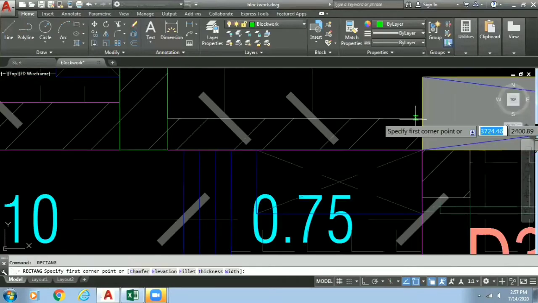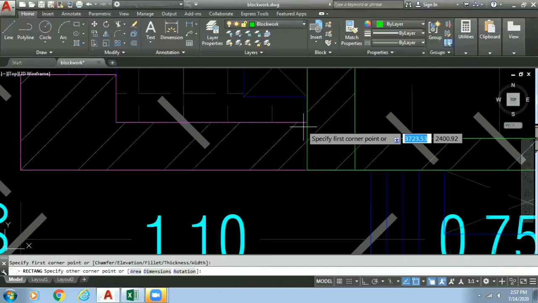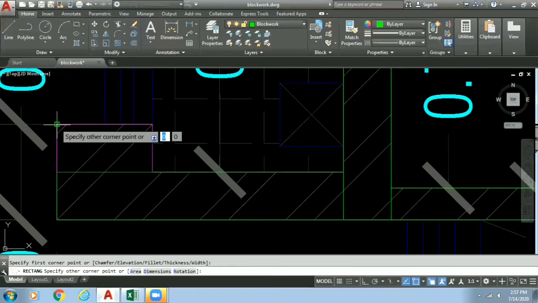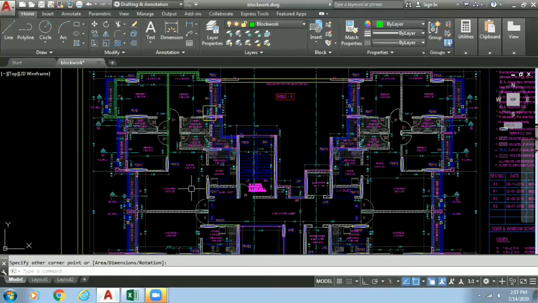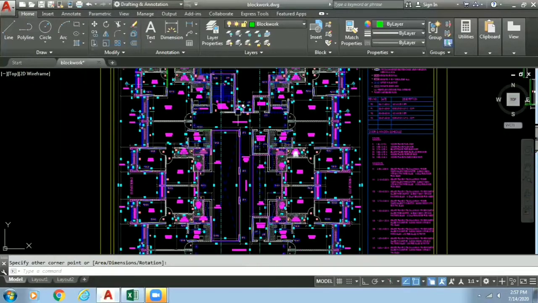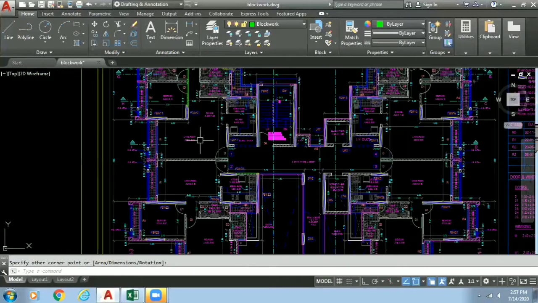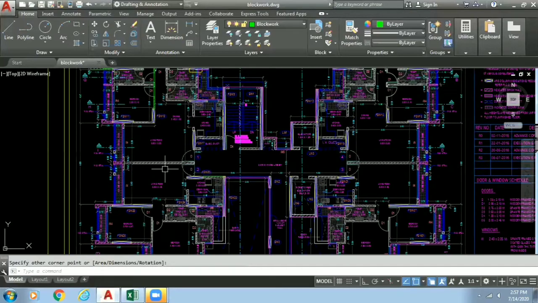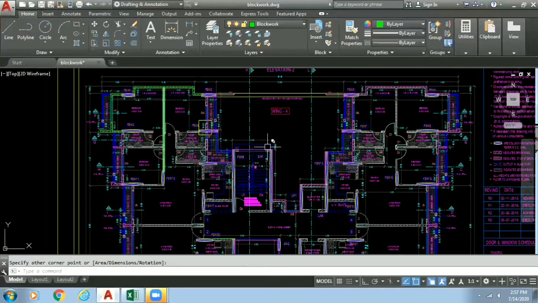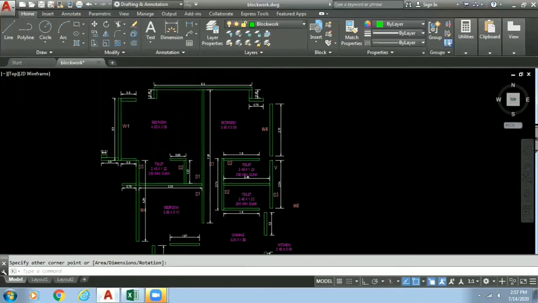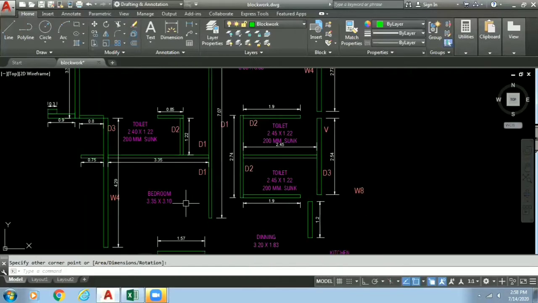Can you see? I'm using the same layer for 100 mm as well as 150 mm, and I'm just making rectangles to bifurcate our long walls and short walls. So in this way, you have to complete this whole area. Since our building is symmetrical, I will be making rectangles for this room and this room, and the rest we will do directly by mirror, and you know how that is done. I have kept this material ready over here by copying it. I have also copied doors and windows text which are near our walls.